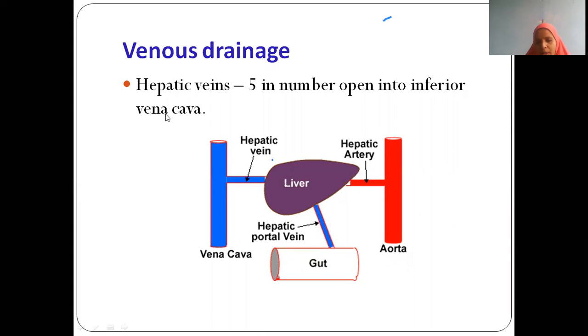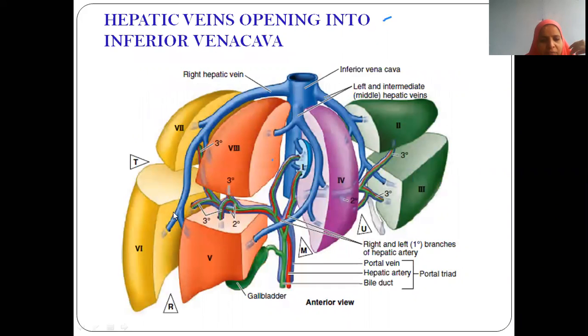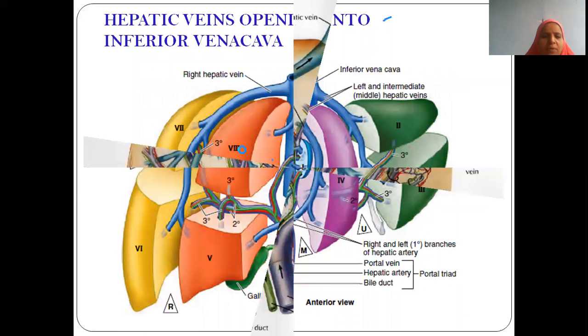And I told you the liver is kept in position, it's not falling down, because the hepatic veins are all opening into the inferior vena cava. You see 5 here. Of course, this is not a 3D picture, but at least a few we can see. This is the portal vein. Portal vein tributaries will open into the hepatic vein. So all these three are shown here, 1 2 3. From the other side 2 more will be there. So 5 hepatic veins will open into the inferior vena cava, collecting the venous blood.